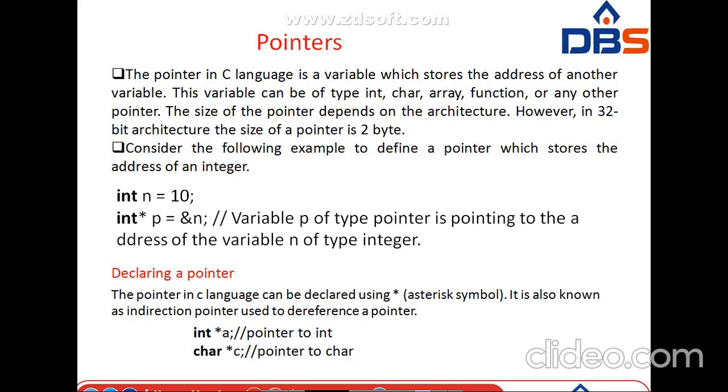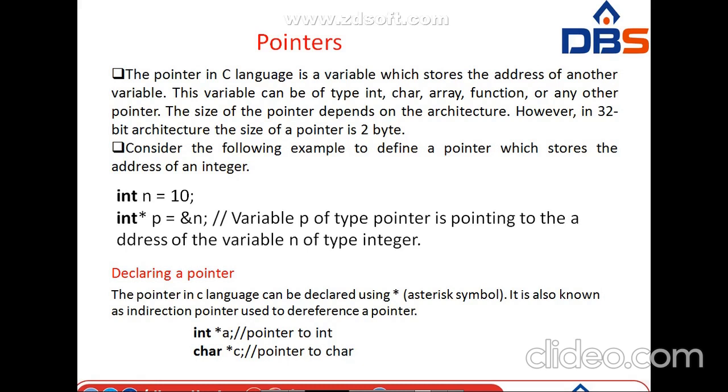Why are we using ampersand? To represent the address only. Int star p equal to ampersand n means p is a pointer variable, and in the pointer variable we store the address of n. For example, n is stored in memory at some address, say 10000. Then p will contain that particular address.